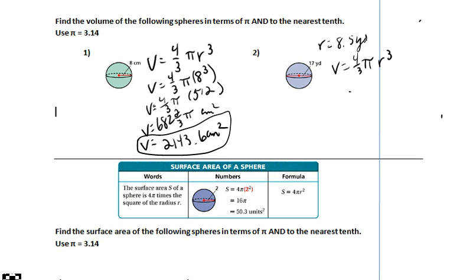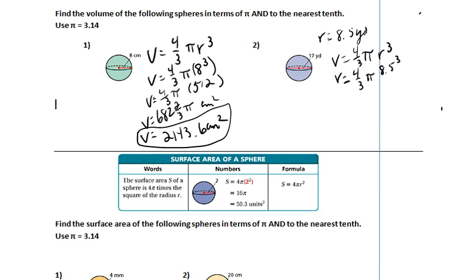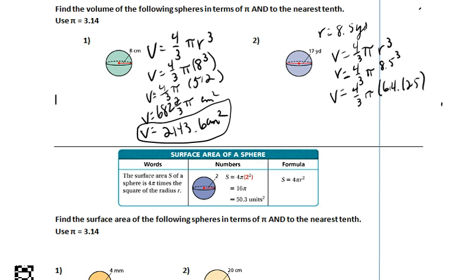Our first step, write down our equation again. Our second step, always plug it in. So our radius is 8.5 cubed. Everything else stays the same. We simplify down 8.5 to the third, and instead we have